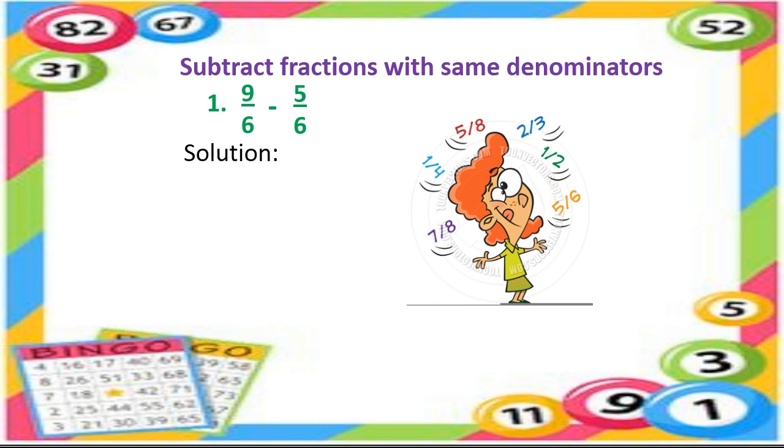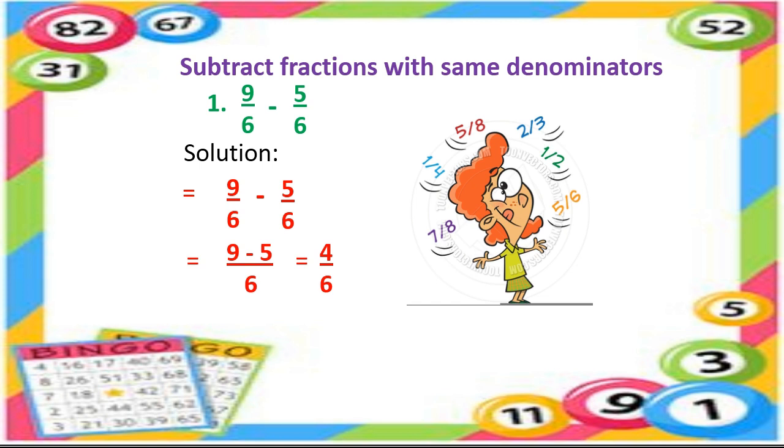First of all, we will put the is equal to sign and copy both the fractions as it is with negative sign. Okay, after that what we will do, we will take the same denominator 6 as common denominator and subtract the numerator's values like this. 9 minus 5 upon 6. After this we will subtract the numerator value and write the denominator as it is. 9 minus 5 is 4 and denominator is 6.